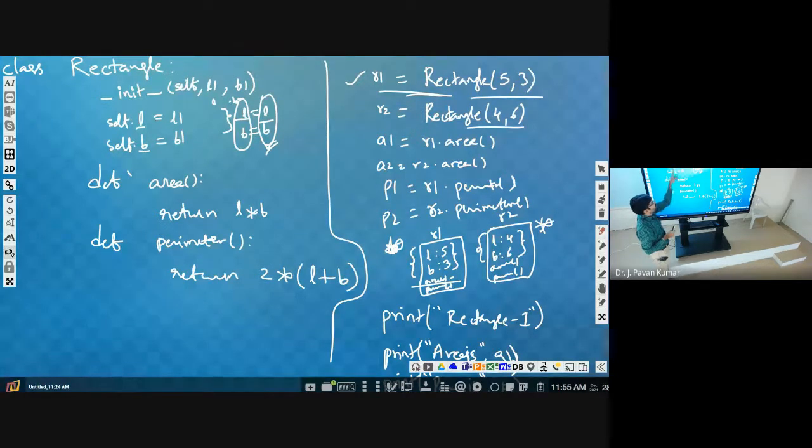We can access these variables by using the dot operator, as we have accessed R1 dot area, R1 dot L, R1 dot B. Similarly, here also self dot L. What does it mean? Self is the object. We can say self is the current object. That is more appropriate.